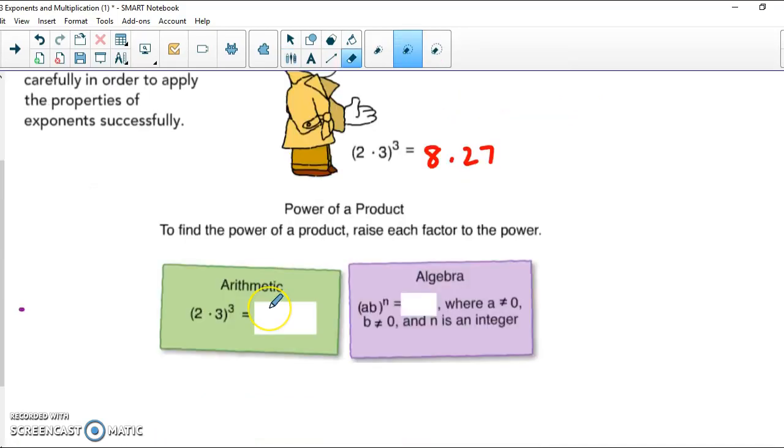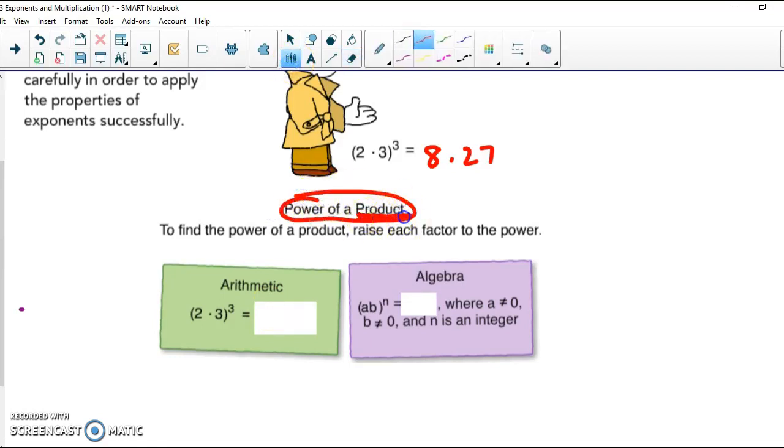One thing that is important to remember on this is this rule is called power of a product. So this only works when we are multiplying inside the parentheses. So 2 times 3 cubed means 2 cubed times 3 cubed. And in